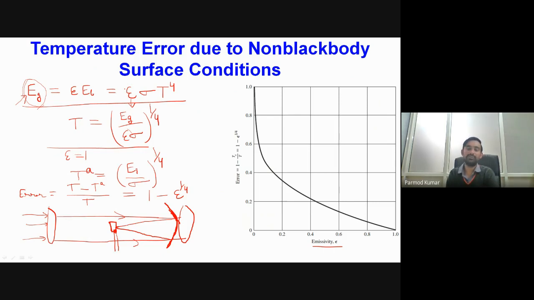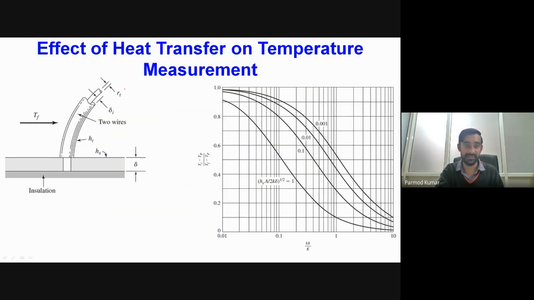So we get the value of emittance, and once we have the value of emittance, we essentially get the value of temperature. Temperature and emittance have a direct correlation. Either we can measure one to obtain the value of the other, or we can determine the value of one and use it for measurement of the other. So this is all about measurement of temperature based on devices devised on the principle of radiative heat transfer.